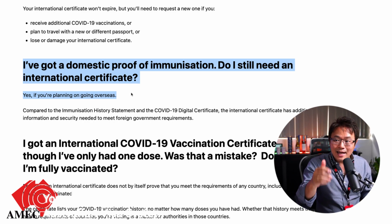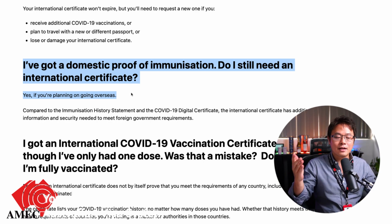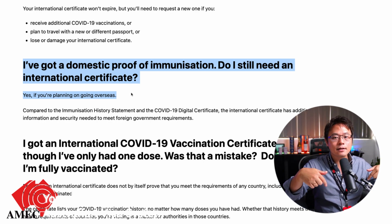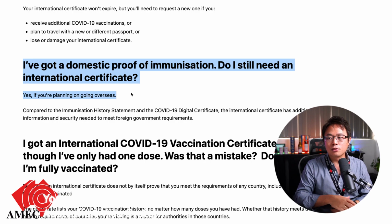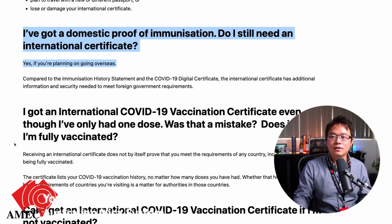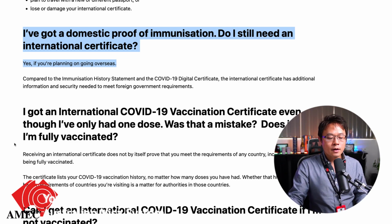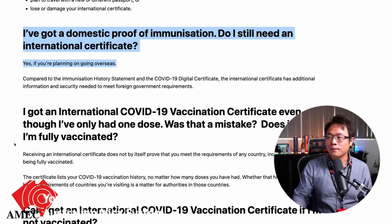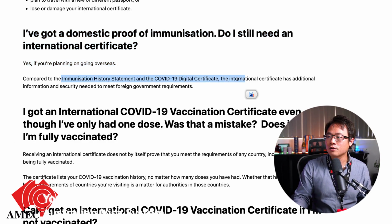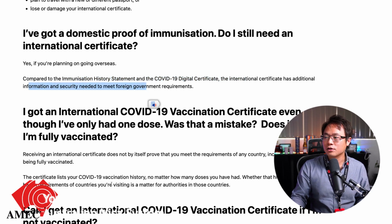But if you are not in Australia, obviously you will hold other nations' vaccination certificate, then you can travel back. So once you arrive back in Australia, make sure you get that recorded. So that's how the whole system will work, and then they will continue to develop it for other travelers in the future. Compare immunization history statement and digital certificates. If you have any additional vaccination,